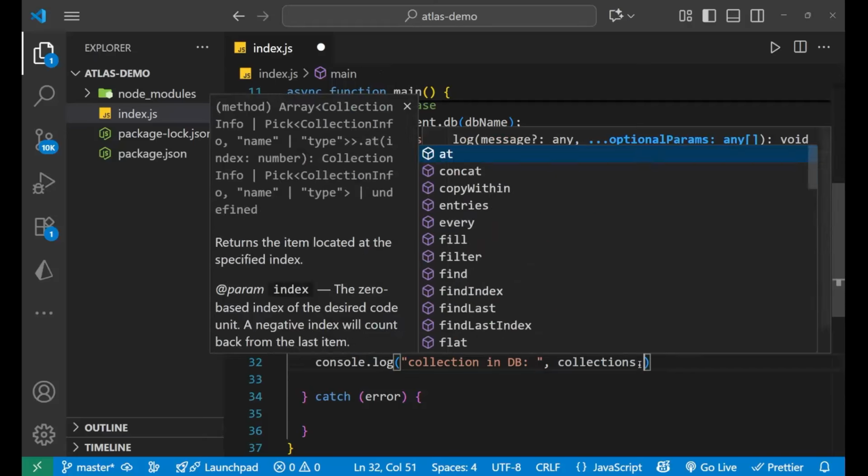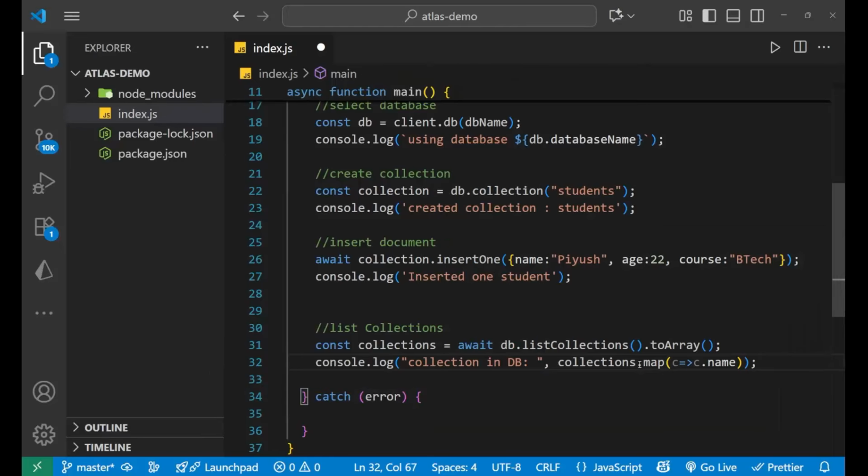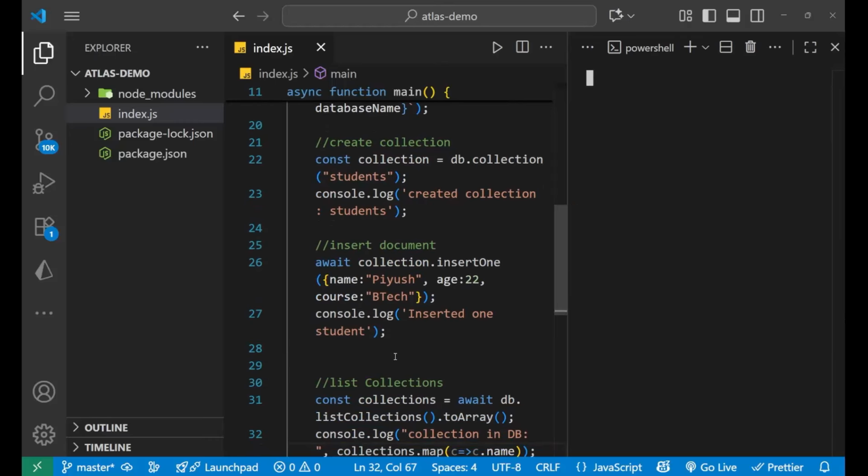So I'll write dot map, the bracket, and c dot name, right? So I want the name of all the collections inside the database. So we will get that, right? And after that, when we want to drop any collection, we can do that. And let's just see what result we are getting till now, then we will move towards the dropping, right? So let's go to the terminal, and here we will write node index.js,